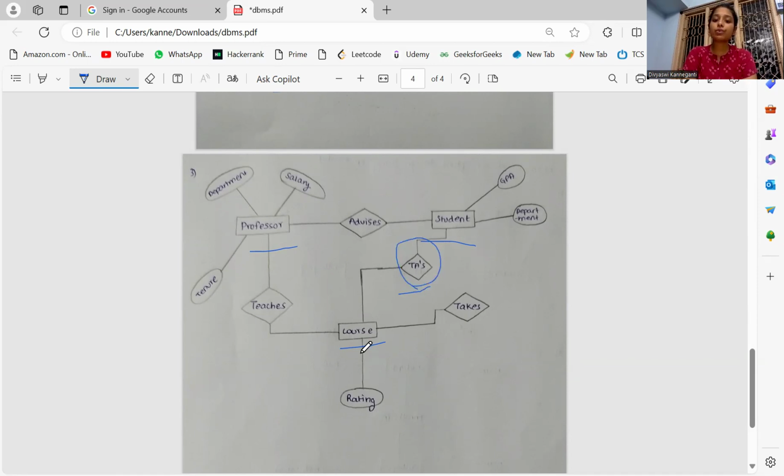The student has a relationship with the course with the help of the TAs, those are the teaching assistants. So the course